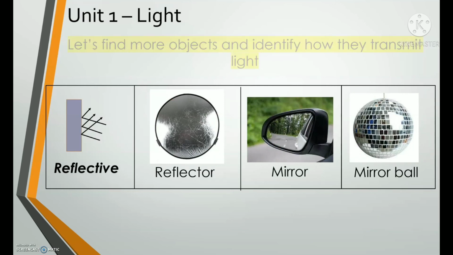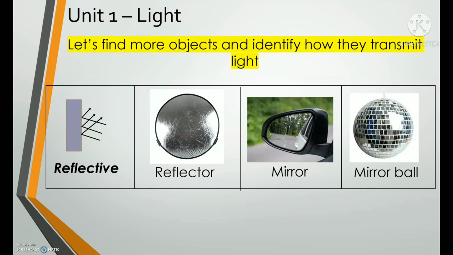Next, reflective. Everybody, reflective. Very good. So reflective material is when the light hits the material and the light bounces off. The light does not go through or does not transmit through the material. It bounces. That's why it's called reflective material. Some examples: